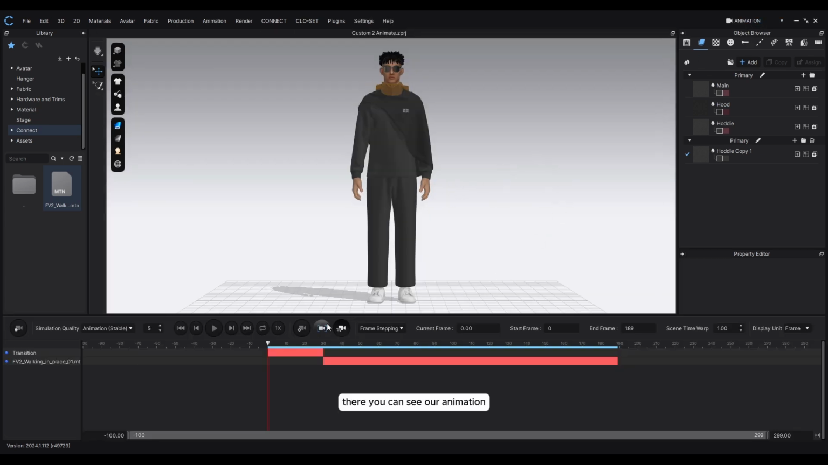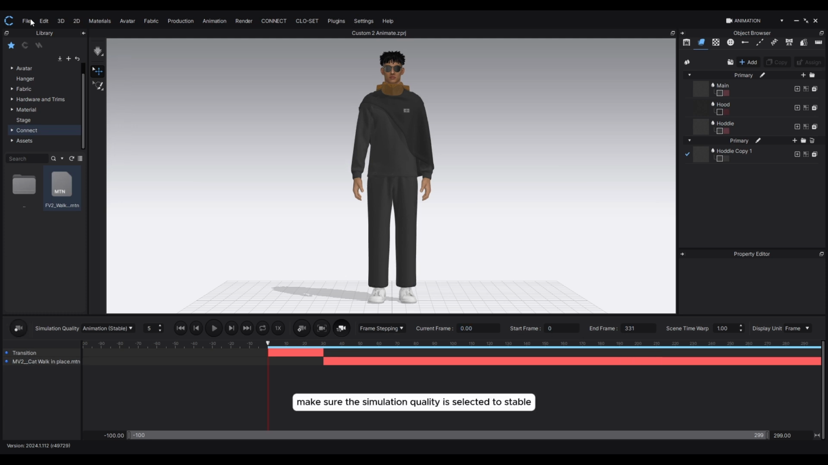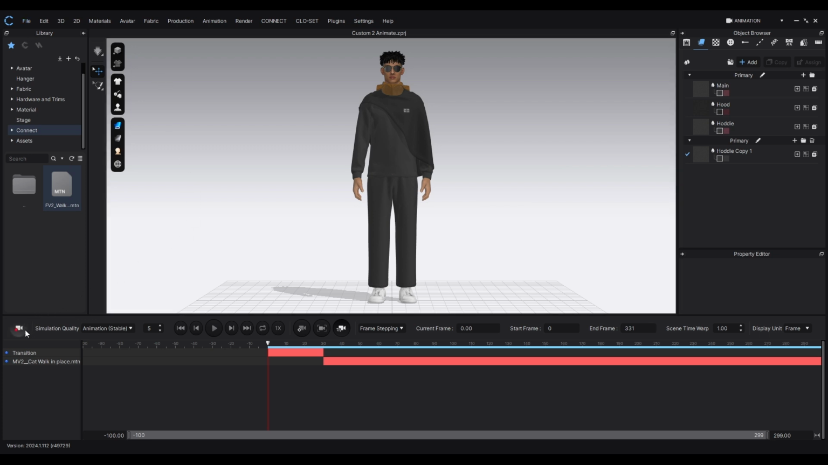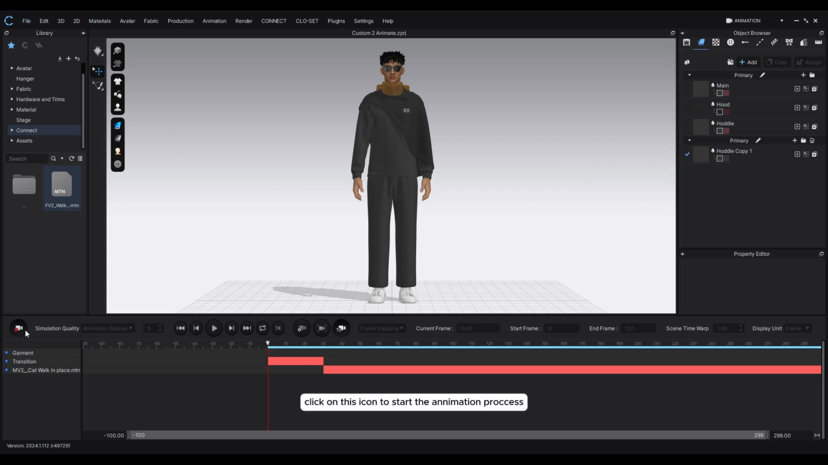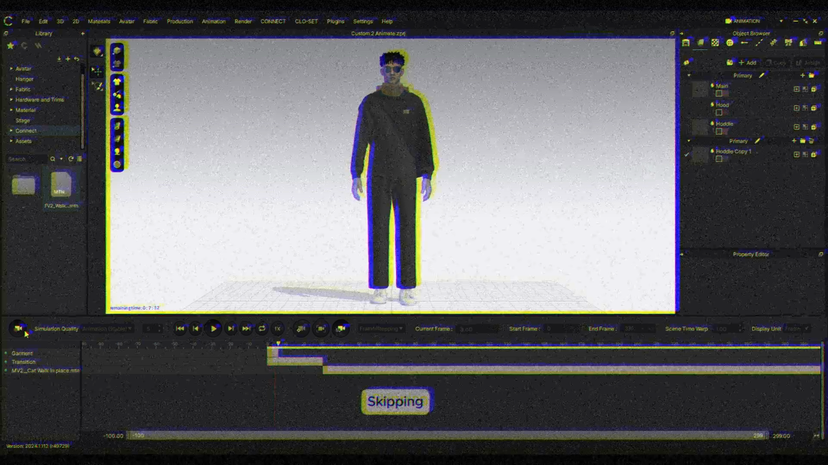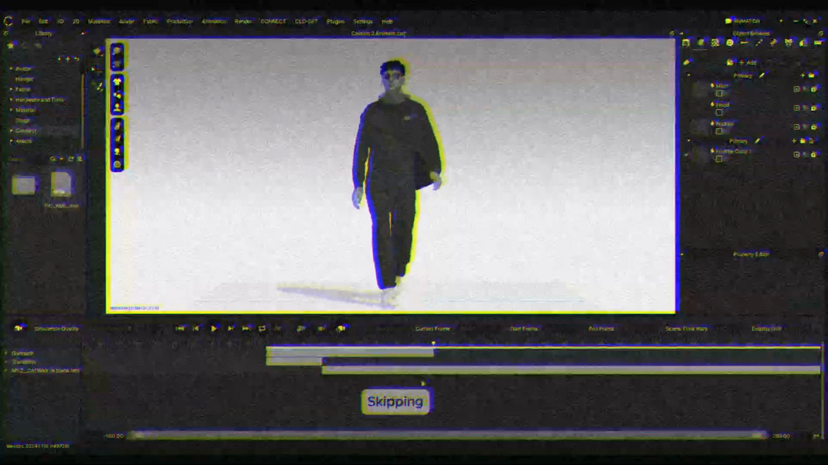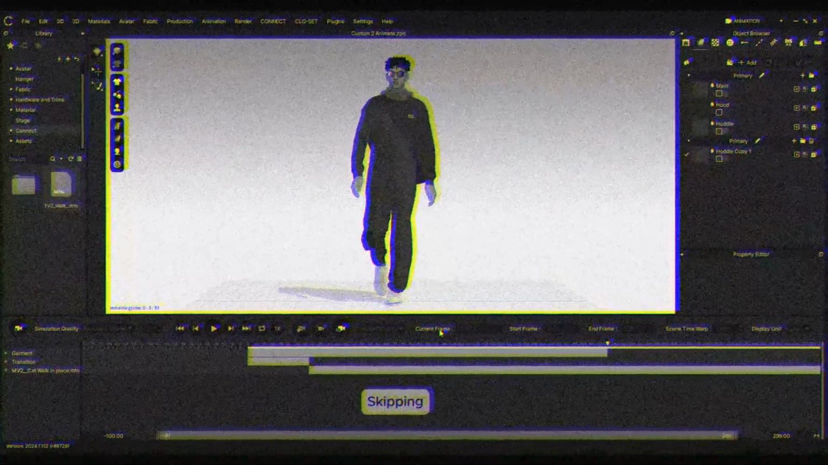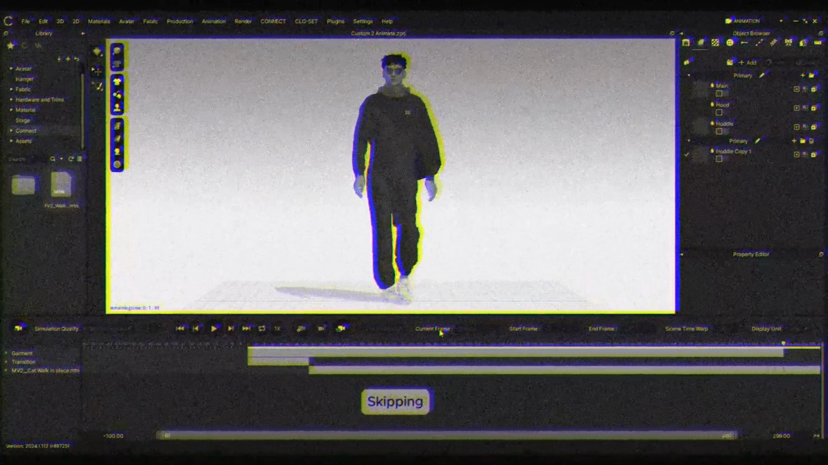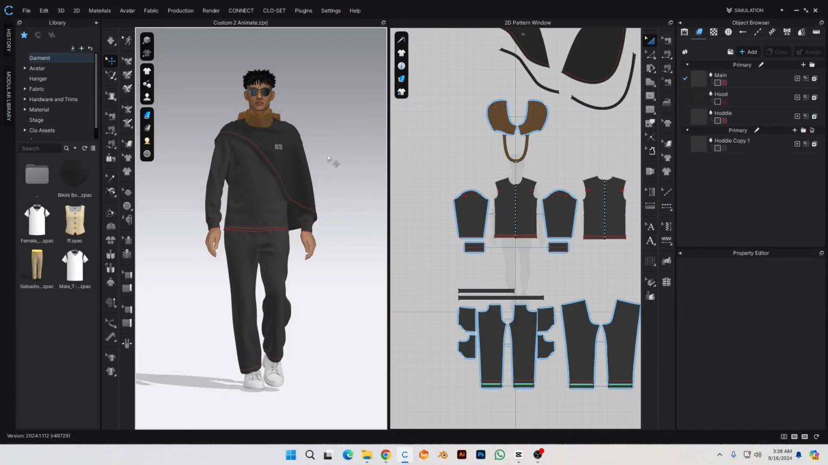There you can see our animation. Make sure the simulation quality is selected to stable. Click on this icon to start the animation process. After the animation is captured,